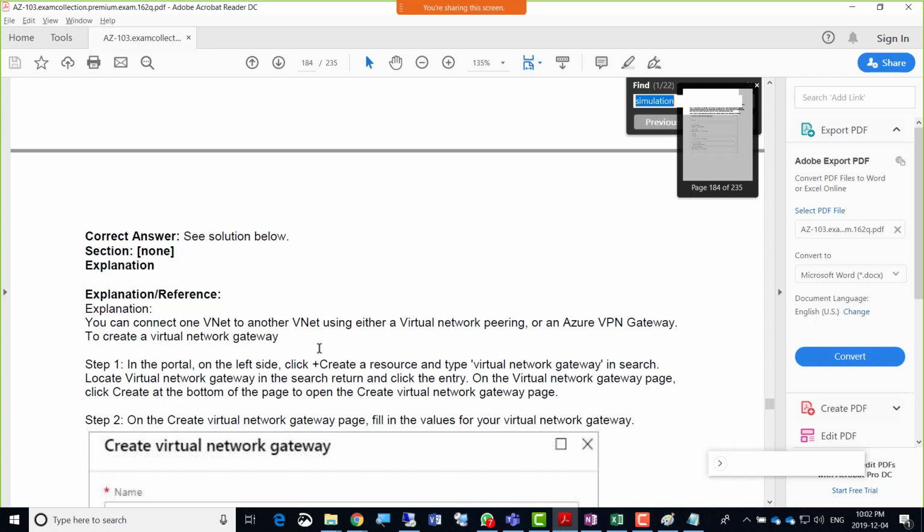Among these questions, there will be questions coming for it. If there is one peering question that we already did before, if that comes, then obviously this one will not come. But they're saying in the solution as well, either you go for an Azure VPN gateway to create a virtual network connection. This will not be very quick, guys. If you go for a VPN gateway, the quickest will be peering, and we did that two times now.